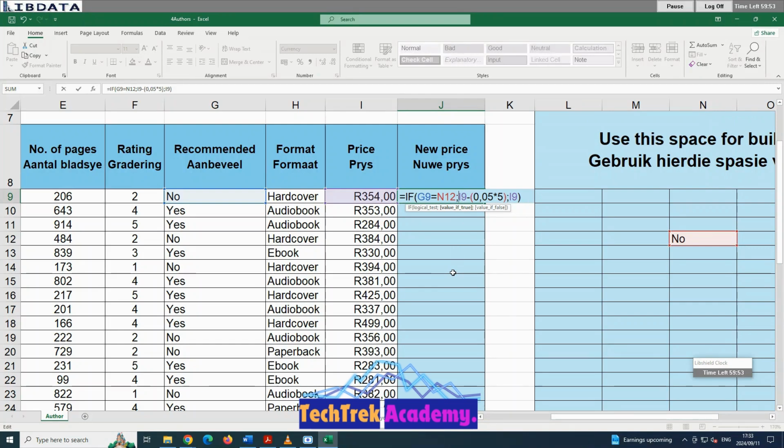Okay, we'll copy no. We put no in our building blocks. Then we start typing the IF function. Why are we putting no in our building blocks? So that all the time when we want to refer to no, we'll just use the one in the building blocks. If G9